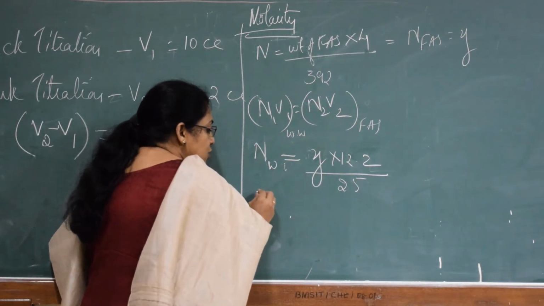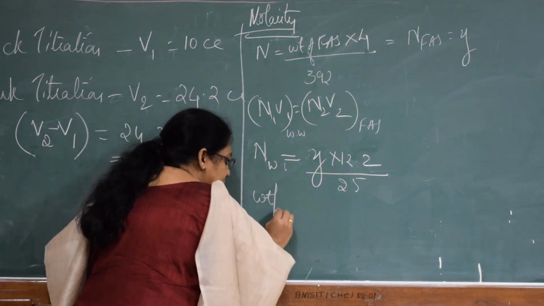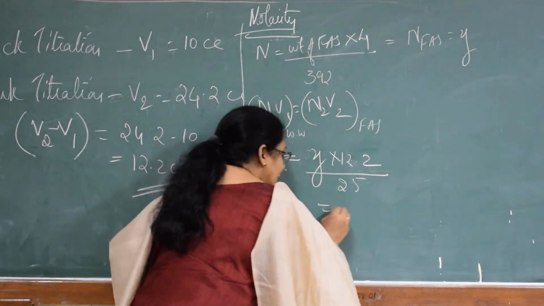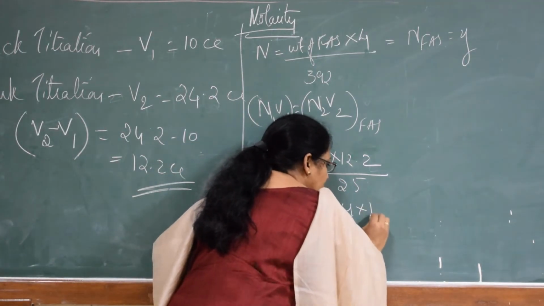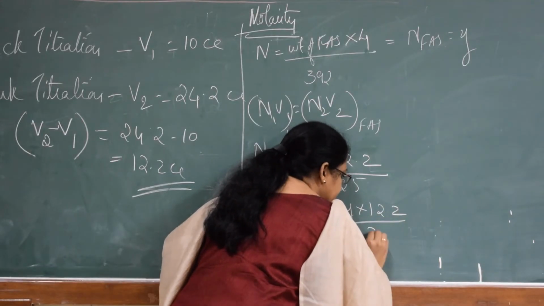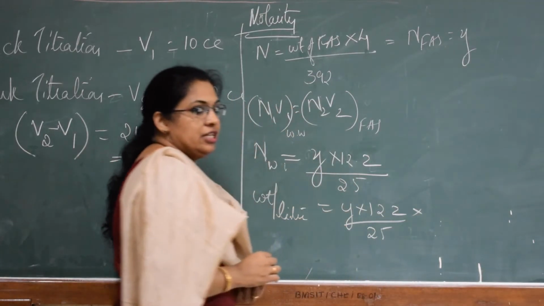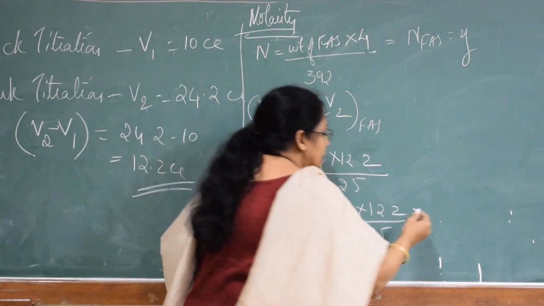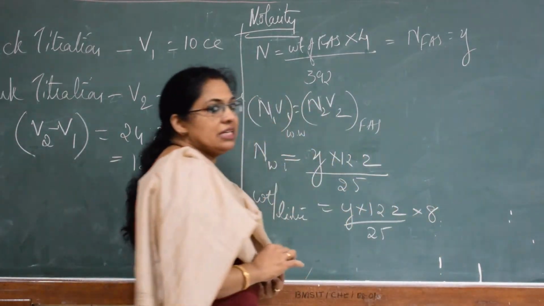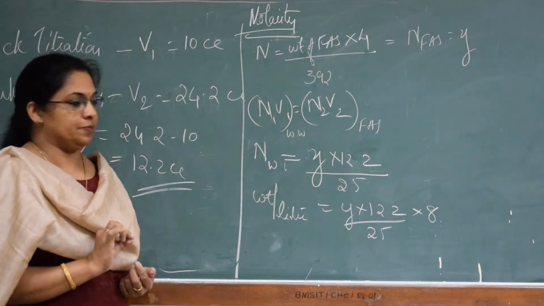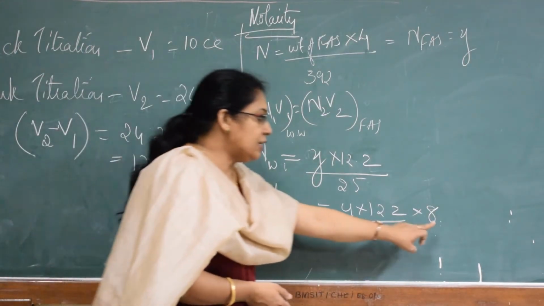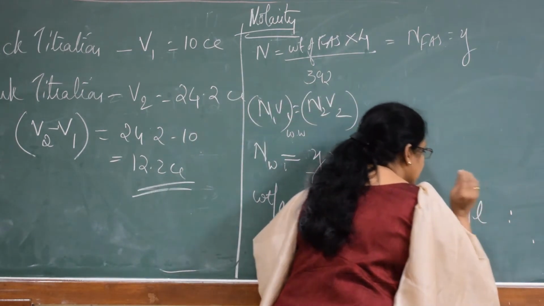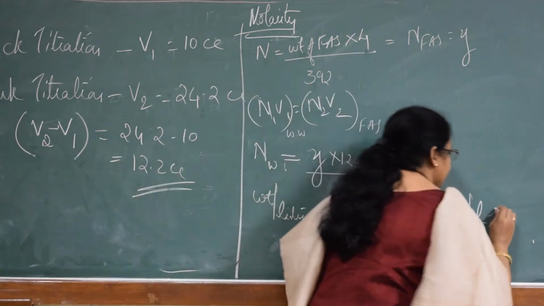Now if you want to find out how much waste was present per liter of your solution, that is weight per liter, whatever you are getting over here, we need to multiply with the equivalent weight. Here we are talking in terms of equivalence of oxygen, so I am going to multiply this with 8, because 8 is the equivalent weight of oxygen. If you put it in terms of 8, you will get this in grams per liter in terms of oxygen.